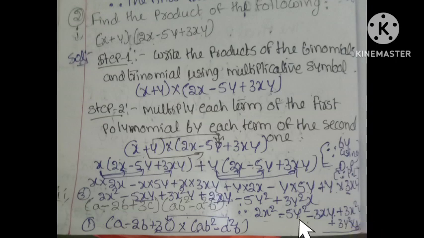Is there any like terms, Gagan Sai? Here the like terms are minus 5xy plus 2xy. So minus 3xy. Next, all remaining terms are as they are, write them only. So therefore the final product equals 2x square minus 5y square minus 3xy plus 3x square y plus 3y square x. This is the first problem solution stepwise. It's over. Next we will go to the second problem.